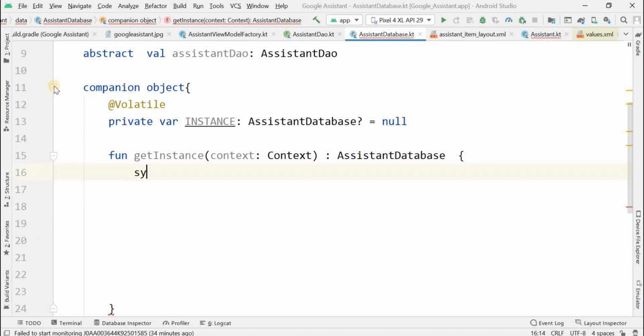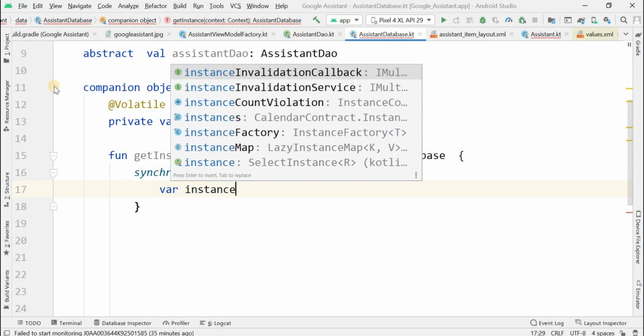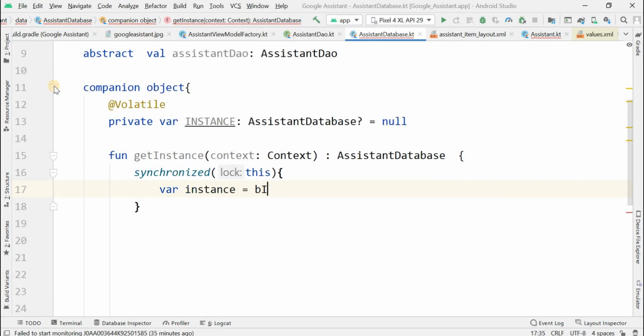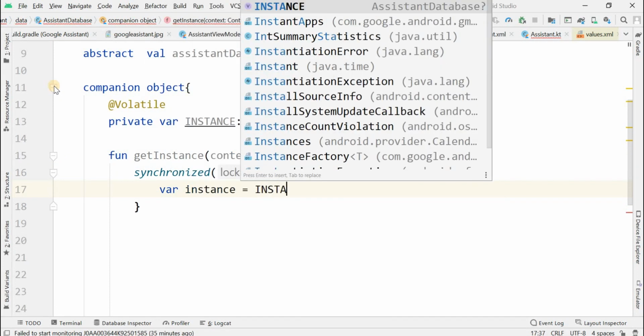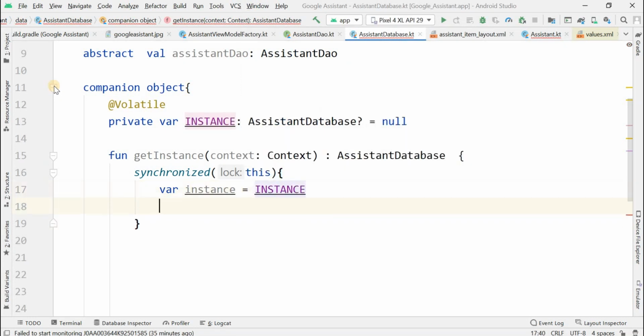Getting that, we have to make this synchronized, and for the synchronized block we have to get that instance and